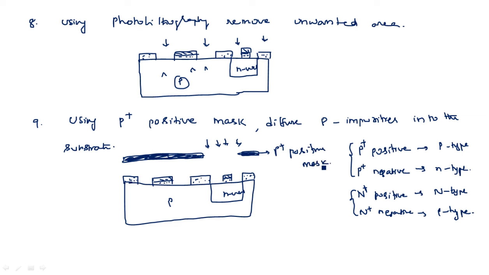Using this P plus positive mask, we are diffusing P plus atoms into this. Okay, so next, using P plus negative mask, create N-type diffusion. Okay, so